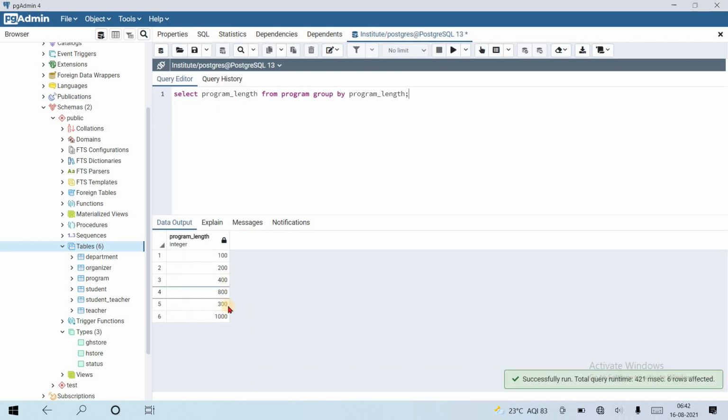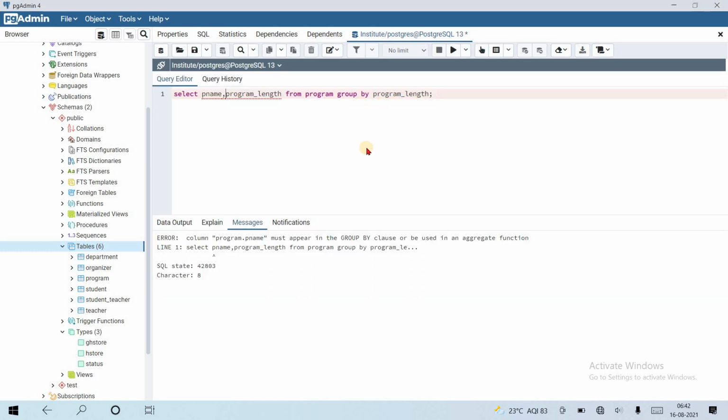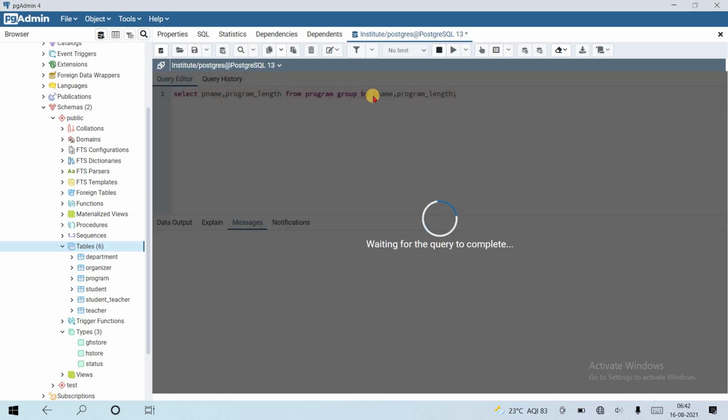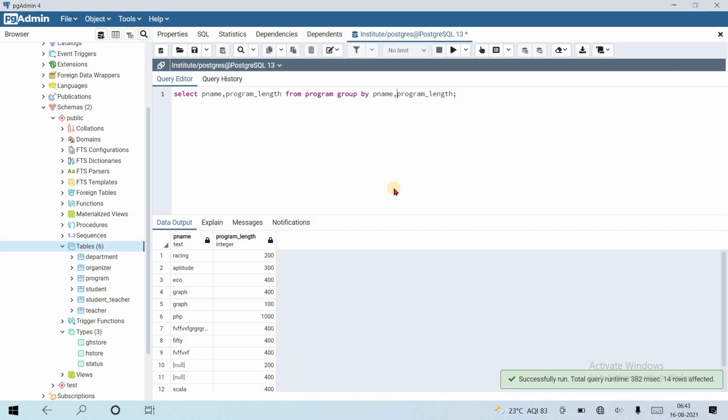Is it going to work? Yes, we can. The results are coming, but we haven't fetched p name, so we cannot understand which group the program length belongs to. So with group by program length, here is an error. We need to put p name in an aggregate function or group by clause. So can we put both of these in the group by? Yes, we can, but we cannot understand what we are doing. Yes, it works. That's it.